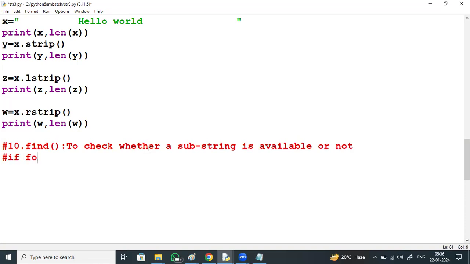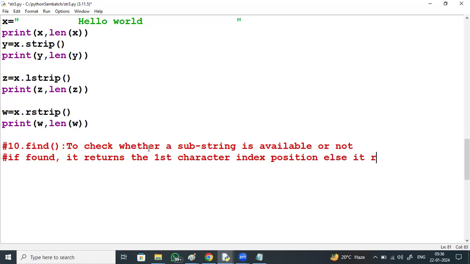If found, it returns the first character index position. Else, if not found, it returns -1.